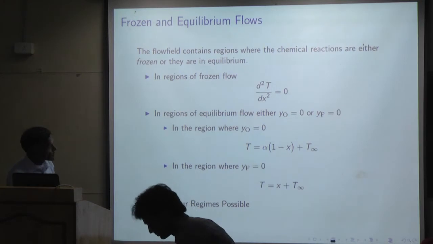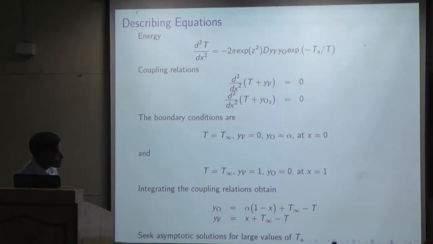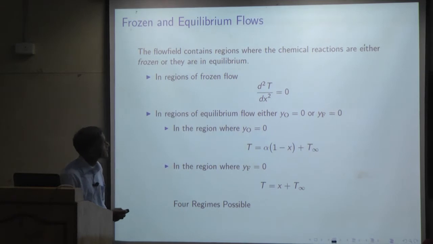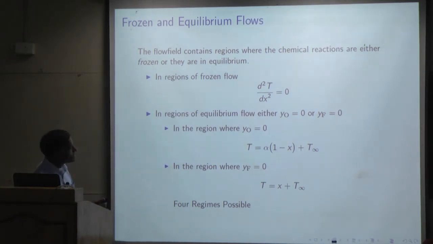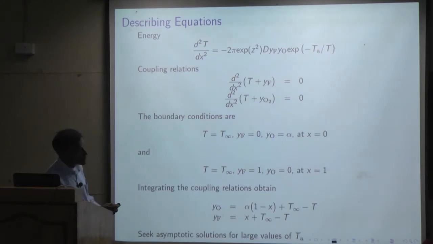Now the point here is that this is the equation. And from the coupling relationship, we obtain the mass fraction of oxygen and the mass fraction of fuel. You can see the oxygen is related to temperature, and the fuel is related to temperature as well. Now we proceed with the analysis. It turns out that you can identify in this flow, it turns out that, this is then,